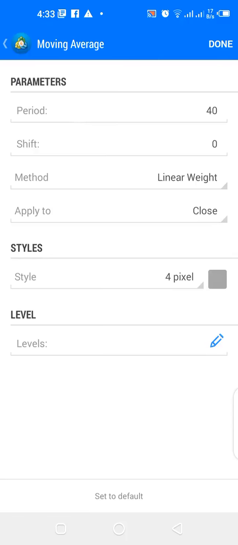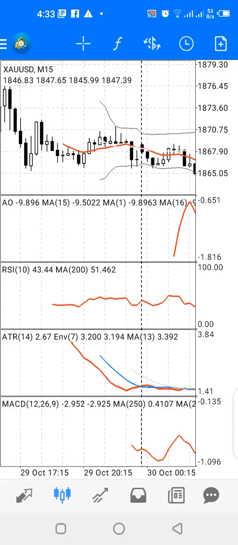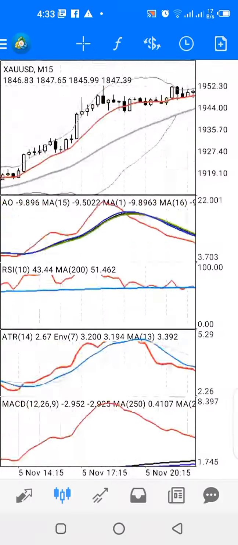Then we have moving average, period is 40, method is linear weight, apply to close, color is gray. And that's that for the main chart. Now let's look at